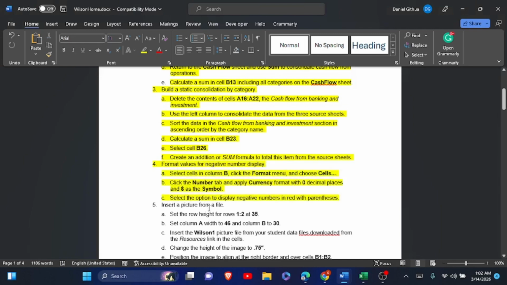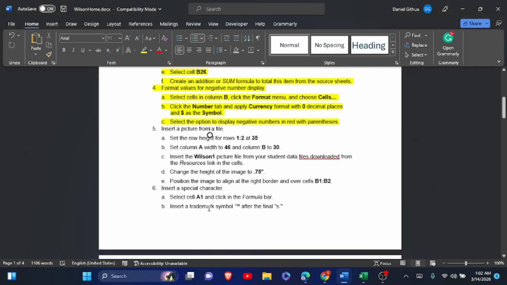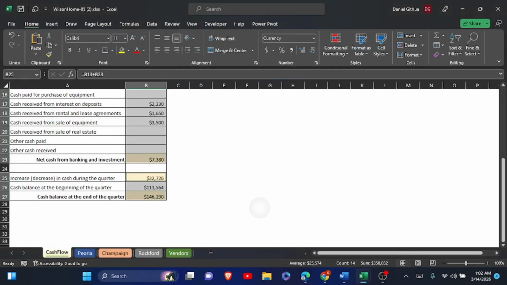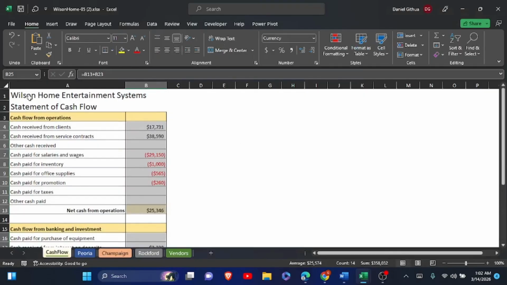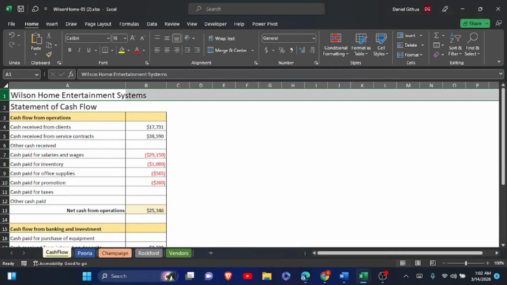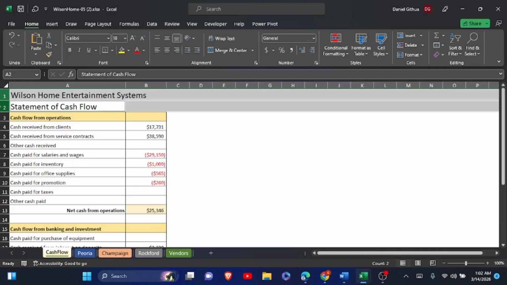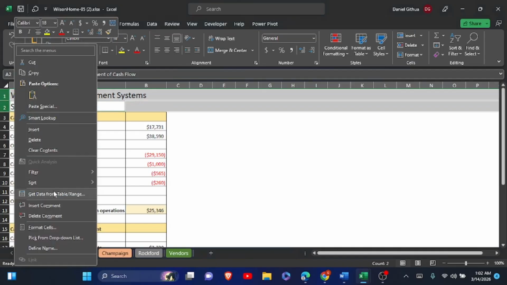Now we are going to step 5. We are going to insert a picture from a file. So the first thing is to set the row height to that 5. So you're going to highlight these 2 rows. So click here, control, and click the next second one, like that. And then right click, come here to where it says,